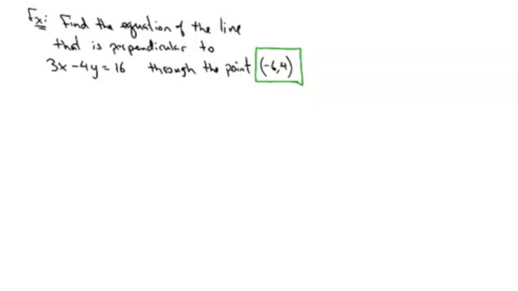So if I'm going to solve this for y, you get negative 4y is equal to negative 3x plus 16. Then what? Divide everything by negative 4. If you divide negative 4 by everything, it would look really strange. So you get y is equal to 3/4 positive x minus 4. So what is the slope of this line? 3/4.